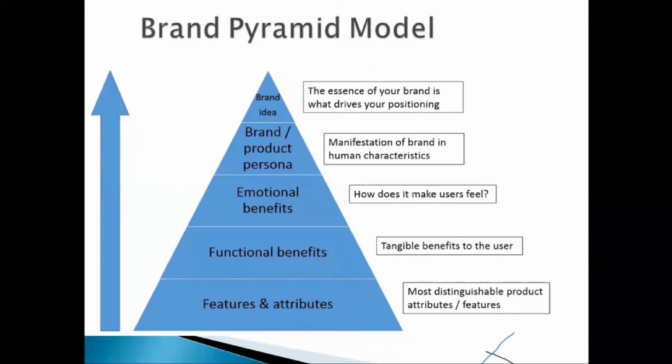Okay, the third layer is emotional benefits. How does it make your users feel? First of all, this is like a marketing pyramid also. You've built the product, you've pitched the product to your users, telling them what they stand to benefit. Let me use this to explain. After explaining this, I'll show you how Netflix moves around using the same model too. And then you are now going to the emotional benefits. After they have tried out what you told them, how did it make them feel?